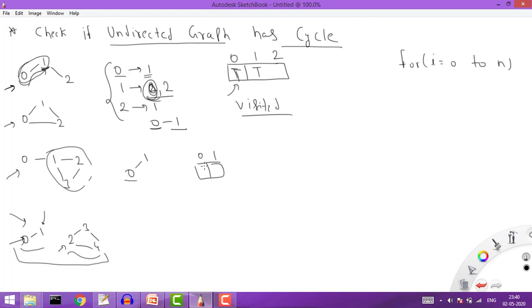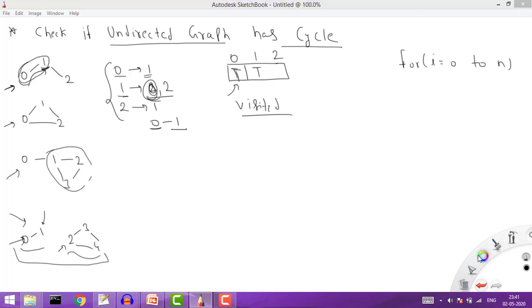Now for the 0 I will mark true, right? Then I'll go again here. Now for the 1, it will give me this 0 itself, because 0 is also a neighbor of 1. So in this case we can't say that this is a part of a cycle, because 0 is a parent, right? That is why we are saying that we'll operate the DFS, but we need to take care of this case: if it is a parent, then I will not say that this is a cycle. This is a very important point that you understand it. Otherwise we are just covering the DFS, it's just that we need to handle this parent case, right? So please understand it again.